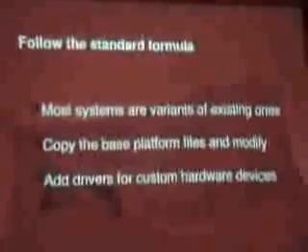Most systems are variants of existing ones. Okay, we don't tend to go out there and buy something that's so radically different from what we had before that it changes the world, despite what the marketing says. Okay, the marketing's going to tell you it's great, it changes everything. Well, it doesn't. It just adds the latest version of some device that you probably already had before. You probably already had a wireless chipset in your laptop. You got a new laptop, you had a new revision of that wireless chipset, yes, it adds some new capability, but